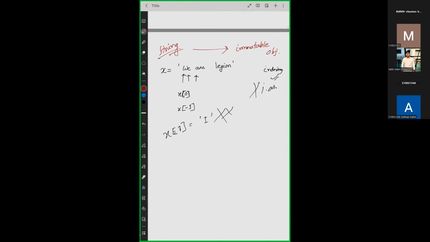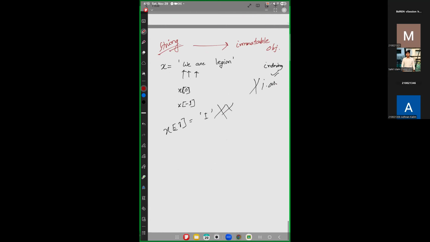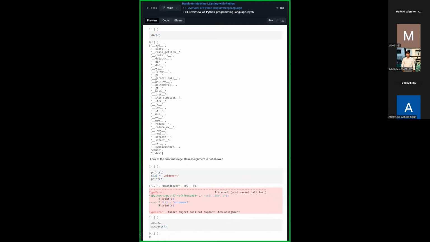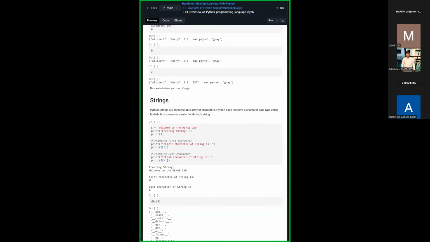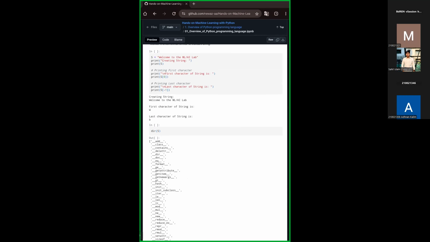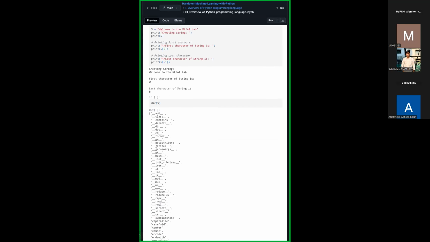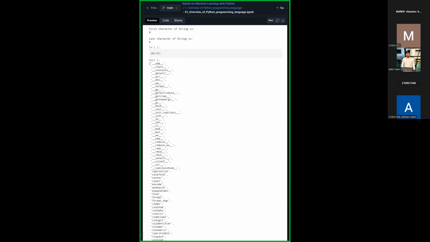Now, if you check, let's see. I forgot to mention the last one, I will mention it a bit later. So strings like this, you can check the first element, last element, etcetera. Now, if you check the methods that are available to this object that you have,